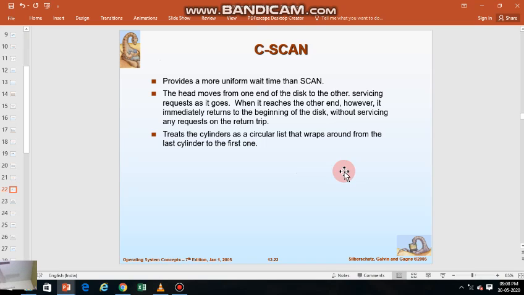Means it is considering it as a circular way. It cannot go reverse. It will consider it as circular. So we can say that there is no reverse path. It will go in a circular manner. It will not reverse from any point. If it is started, it will go to the end point. That means if it is starting from some point, it will again go to the beginning point itself.